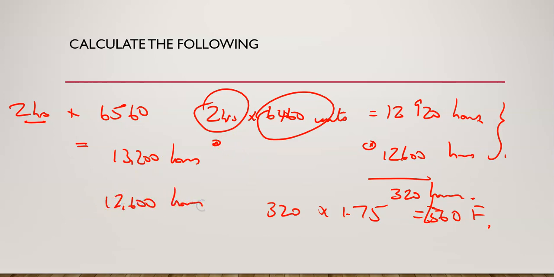That's what you actually got in the end. So your capacity difference is the difference between these two things, which is 13,200 minus 12,600, which is 600 hours. And so 600 hours times £1.75 is equal to